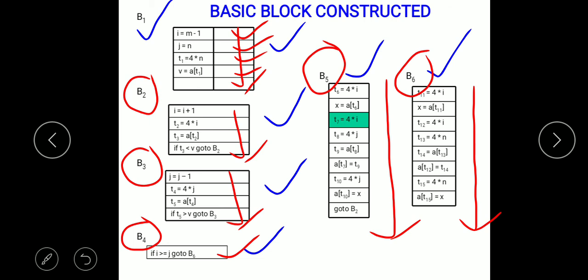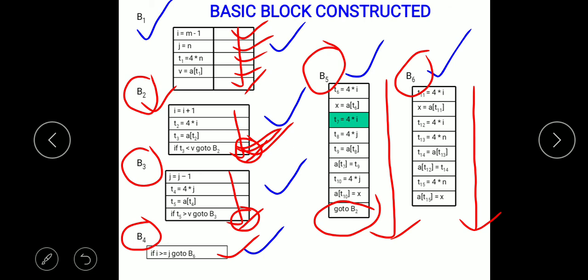You might be wondering, at basic block B2 we have this last conditional go to. Yes, in a basic block there could be a conditional or unconditional go to, but it would be the last statement of the basic block. You can clearly see here it is the last statement of the basic block, and this unconditional go to is also the last statement of a basic block.